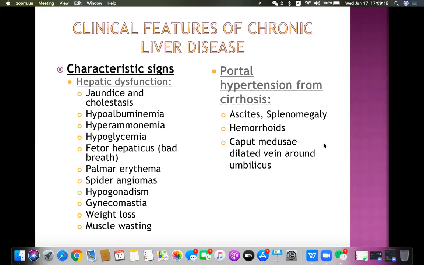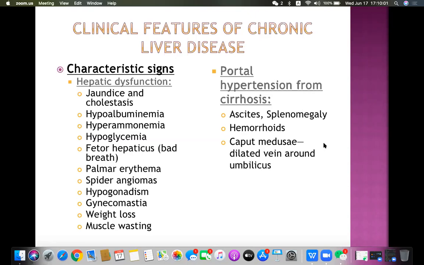Now let's go inside the liver. What happens to the portal vein inside the liver? The main portal vein divides into two branches, left and right, and goes inside the liver. Inside the liver, it divides into sinusoids, which are the capillaries of the liver. All these sinusoids ultimately combine to form venules, which combine to form a bigger vein, and ultimately the hepatic vein is formed, which drains the liver. This is a very important point.